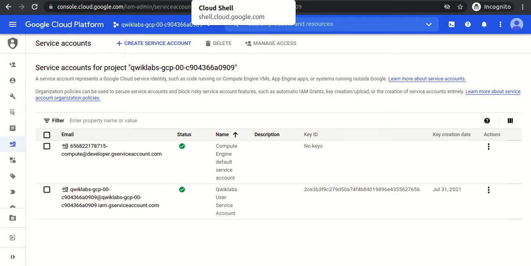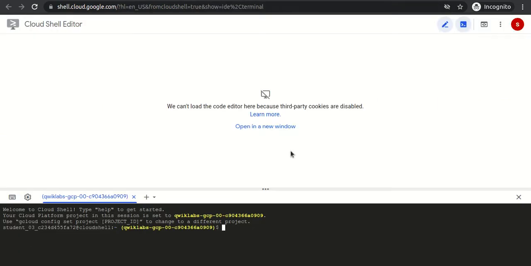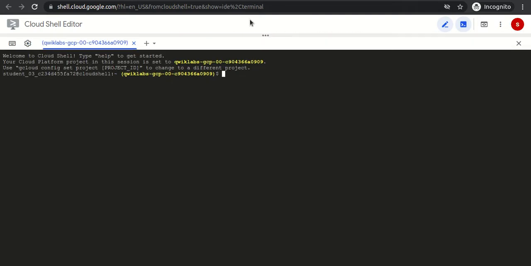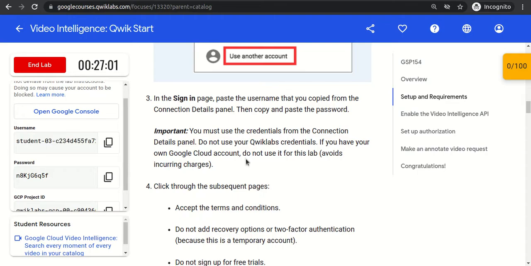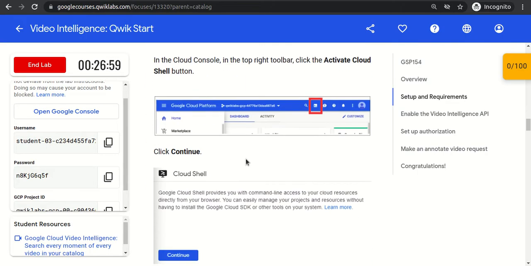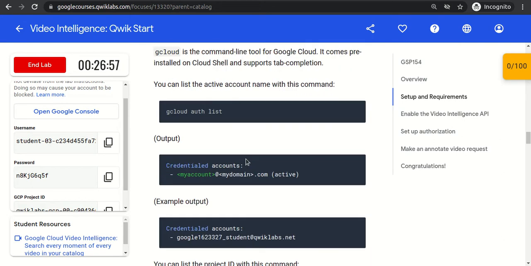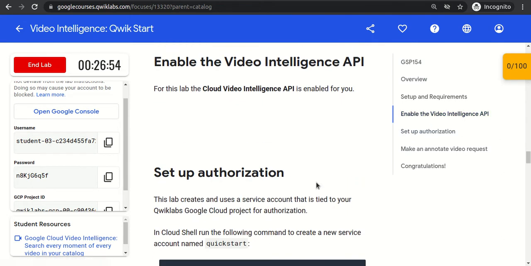The first option is to create the service account directly, but we will create it using the command line. If I show you gcloud auth list, meaning authorization list, which user is currently active, you could see a star in front of the student user, because we have logged in using the student user. That's why we see the star, and this current account is active. Now, first we will create the service account, and then we will activate that particular service account, and enable the Video Intelligence API.